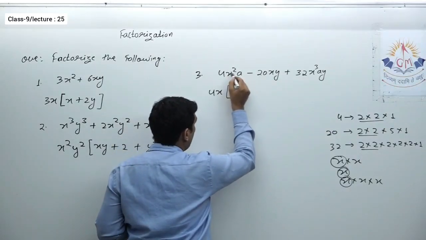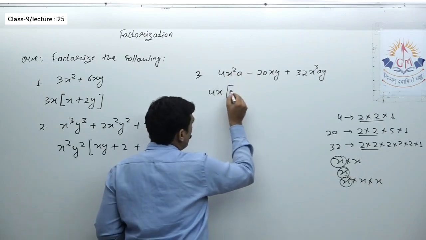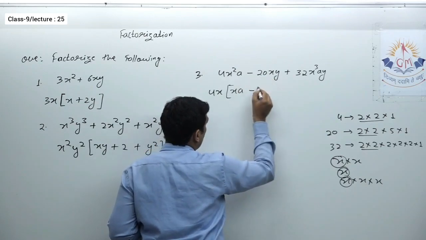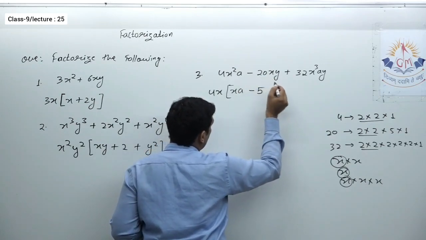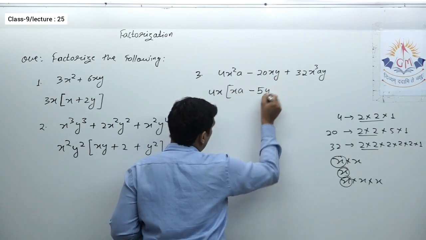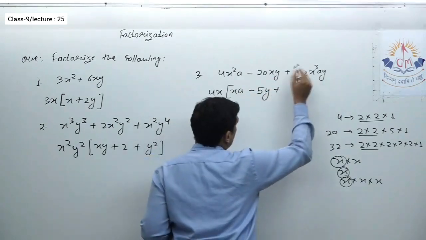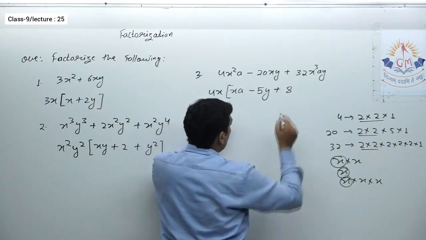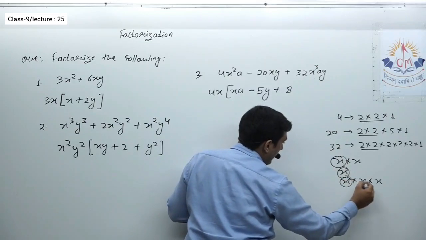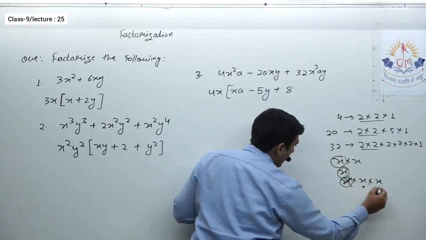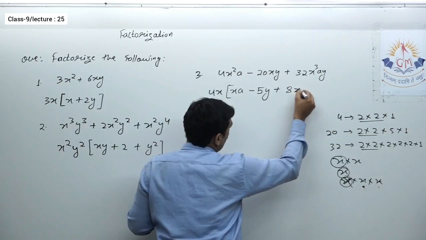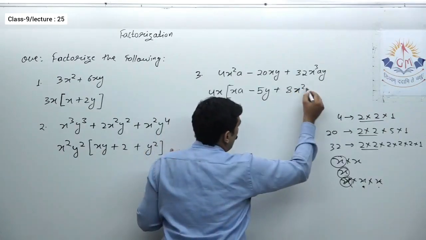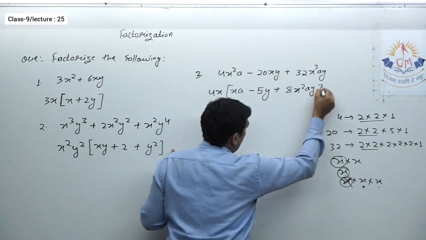So when I take 4 and x common, what I am left with is x, a, 1x and a. From here I took 4 common, so among the numeric value 5 will remain over here, and x has been taken common, so y will be there. Now over here it is 32. 4 I had taken common, so 8 will be there among the numeric value. Now x cube, that means x into x into x. This x has been taken common, so x multiplied by x is left over there, that is x square. And as a and y are not taken as common, they will remain as it is.